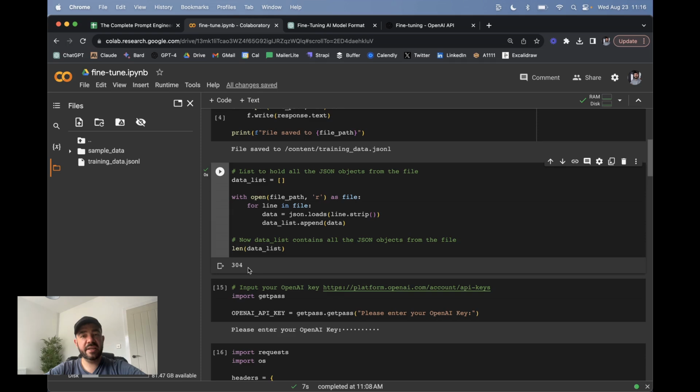Typically with fine tuning, what OpenAI says is you probably need at least 50 observations in order to start noticing a difference in the model. And I've seen in a few papers that it's typically around 200 observations that you need in order to get to the point where fine-tuning actually shows better results than just general prompt engineering. So I would say if you have 200 samples, then you're probably in a good position to start